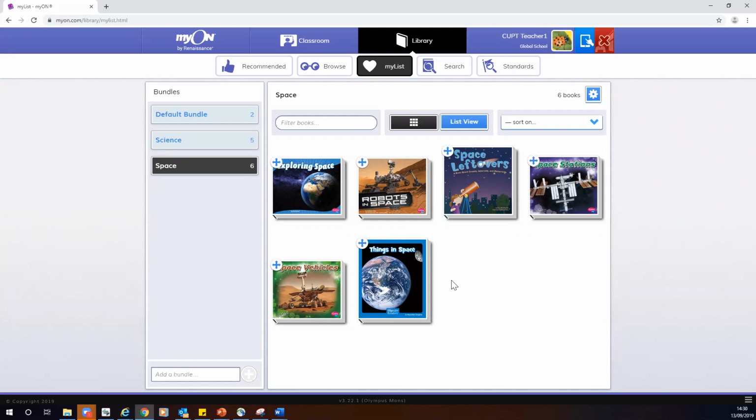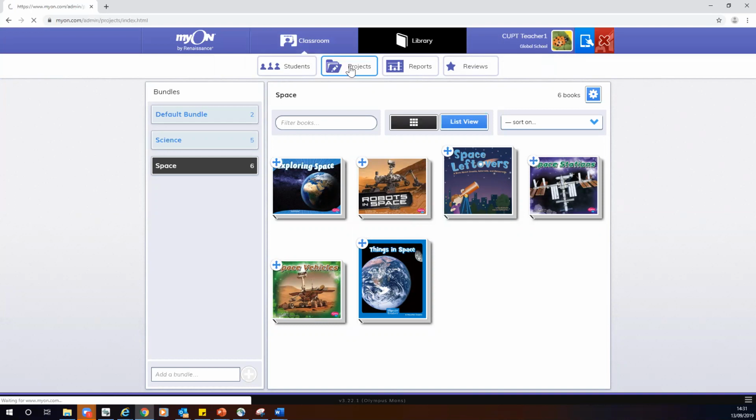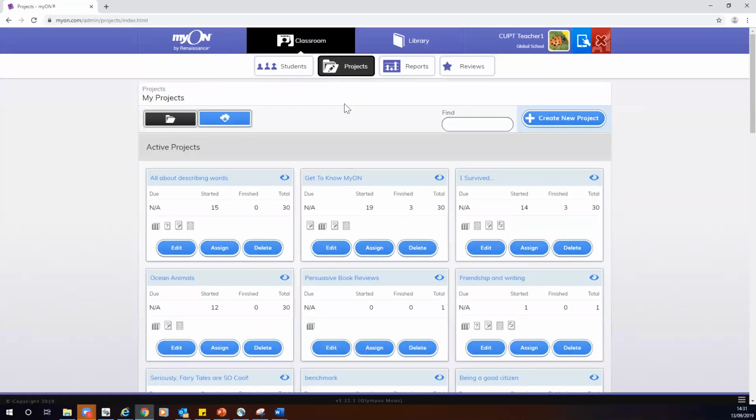Okay. Now, that has gone into my project section of my user account. So the way that I access that is by clicking on to Classroom and then clicking into Projects. Now, this is a demo account, so it won't quite look like this when you log in for the very first time. But under My Projects, it's broken down into active projects, so things that I have physically set for my students,